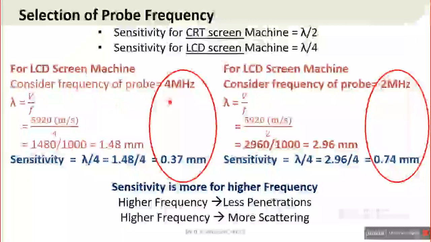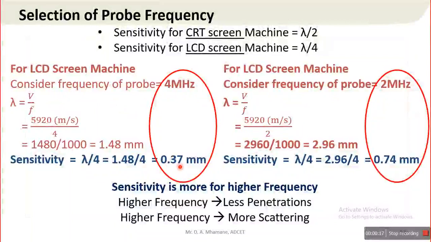So in case of 4 megahertz frequency and inspection of steel component, we get sensitivity of machine equal to 0.37 mm. So we can't detect the flaw which has dimensions less than 0.37.